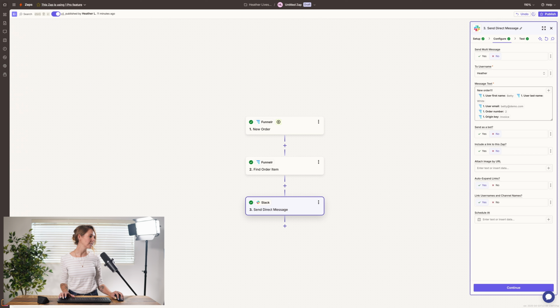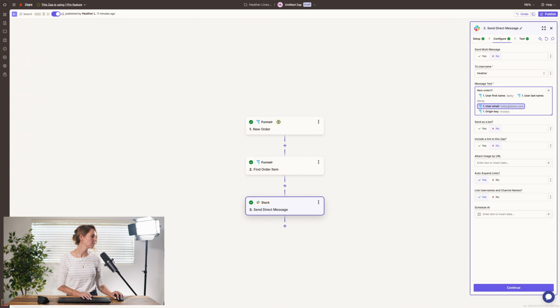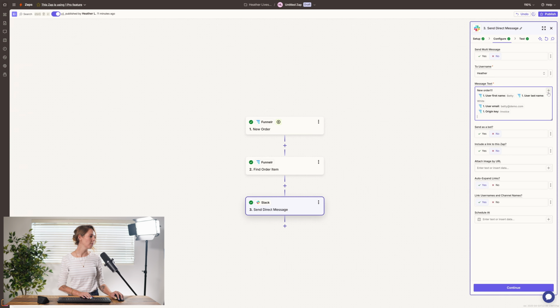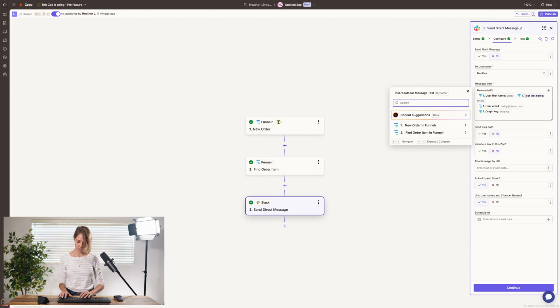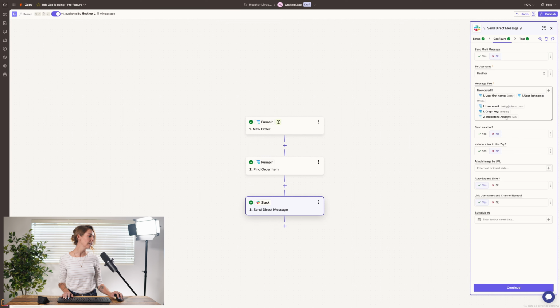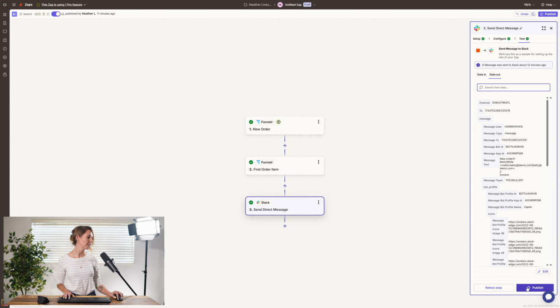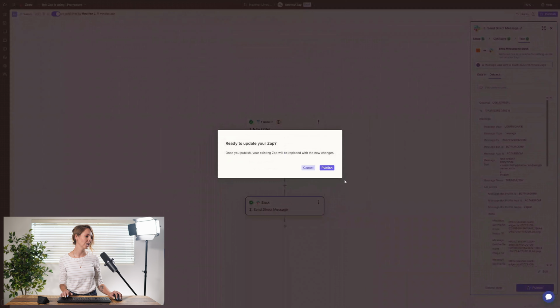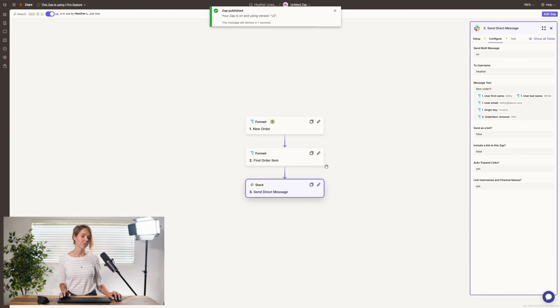And I want to customize this information. So first I'm going to put a little space between those. And I'm going to, I think, delete the order number. I don't think that's terribly important. And then what I'm going to do is come and add the amount. So I'm going to search for the amount. There we go. It's got that information for me. And so now when I go ahead and continue with this and I publish those changes,